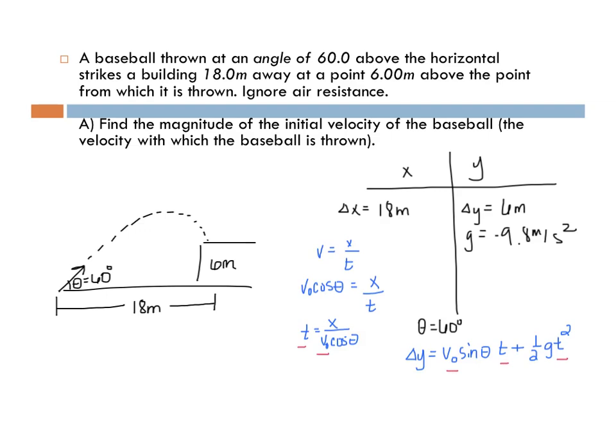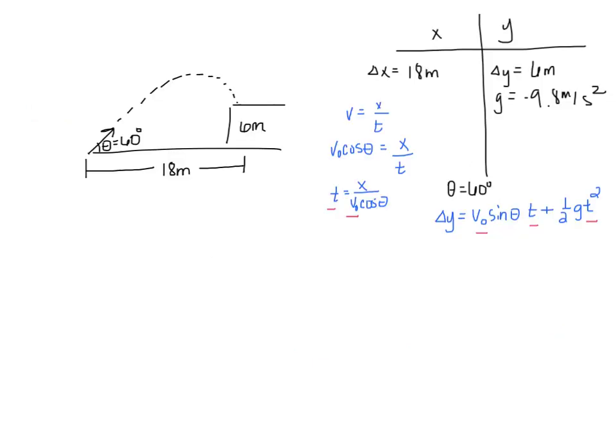So substituting in for the time equation is going to make our numbers a lot simpler. I'm going to go ahead and do this on the next slide. I begin by substituting in t. So that becomes delta y is equal to v naught sine theta times time, which is now being replaced by x over v naught cosine of theta, and you can already start seeing that a lot of things are going to start canceling out, plus 1/2 g, and again x over v naught cosine of theta